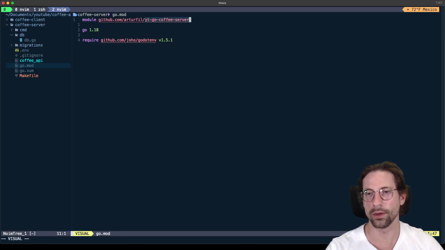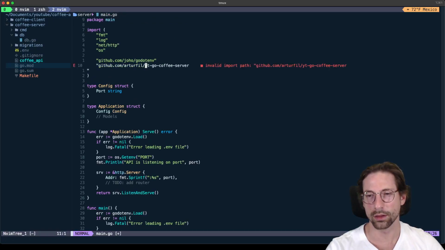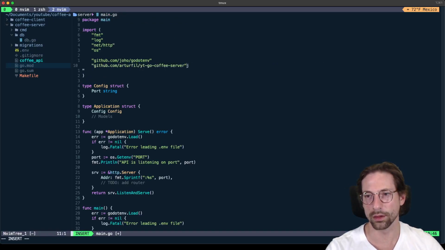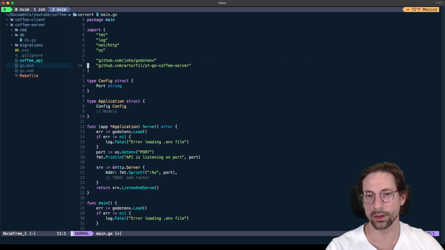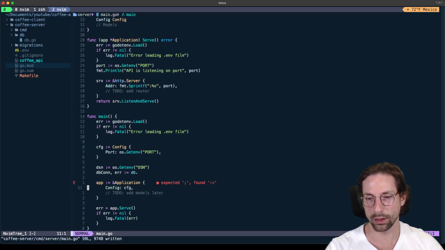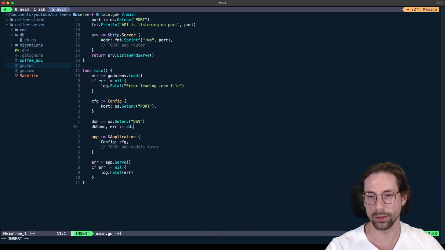So I'm just gonna copy this. Go to the main. And paste. Okay. And get rid of this extra semicolon. Save. Then I'm gonna go down, and where did I have that? Okay, here. So let's see, db dot